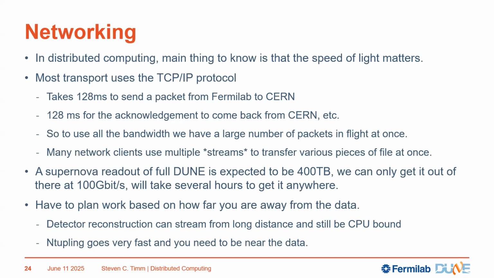Networking, the speed of light matters, especially if you're going from here to CERN. Most transport uses what's called the TCP/IP protocol. It takes 128 milliseconds to send a packet from Fermilab to CERN. Remember, the speed of light in fiber is not actually C, it's down about a third from there. And then the fiber is not going straight. And if you did the math of 6,000 miles, it does not take 128 milliseconds, but with all the switches, it does. Okay. And then it takes 128 milliseconds for that acknowledgement of the packet to come back to the server